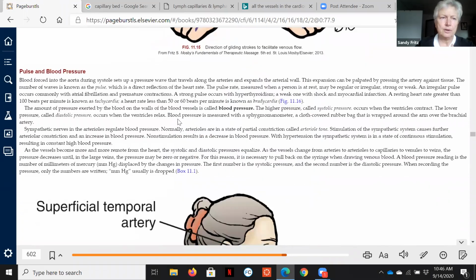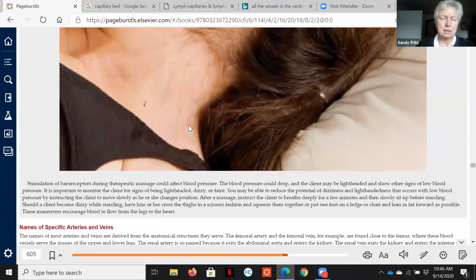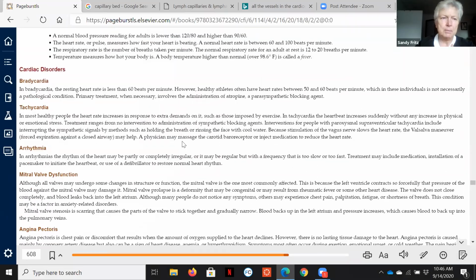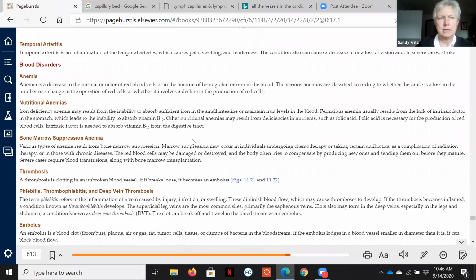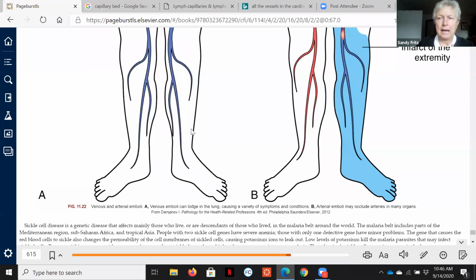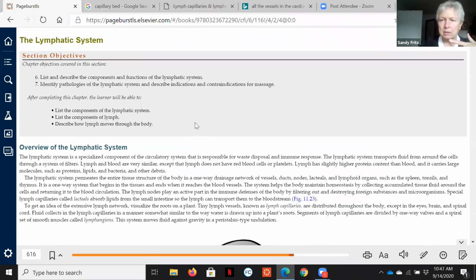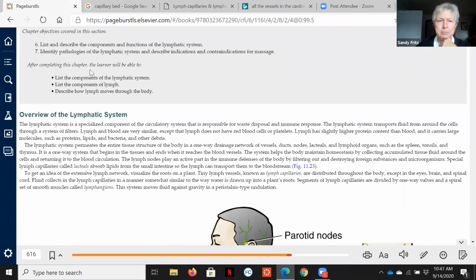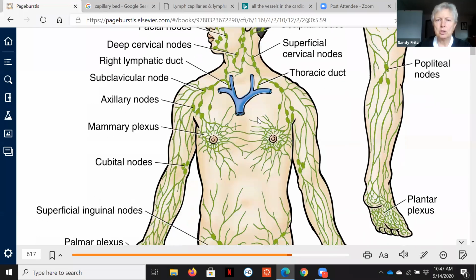Okay, so where we left off then is the lymphatic system, and an understanding of the anatomy and physiology of it, so that we can appreciate how it contributes to homeostasis, and how we may be able to support the normal function with massage therapy. So here's your section objective, here are your chapter objectives, and here are the ones that are covered for this particular section. So here's your general overview, and this is attempting to represent that lymphatic network